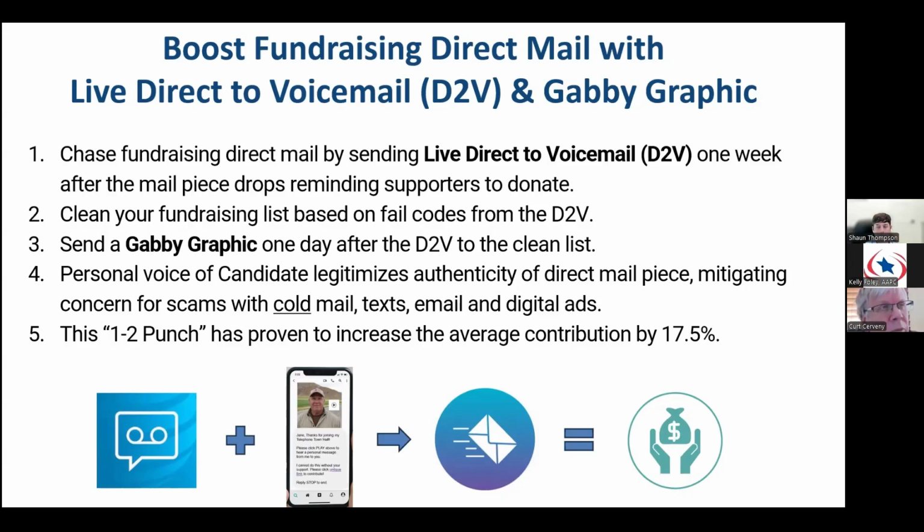A/B means we did, let's say, 100 direct mail pieces, and 25 of them got a phone call, I mean the ringless voicemail, as well as the Gabby graphic, and then the rest of them did not. We'll be able to evaluate two things. What's the average donation within the ones that we reached out to, and what does it compare against to the people who didn't get anything at all? It's going to increase more because you're giving two more touches to the whole overall situation. But again, in neither situation are you really trying to sell that they donate money. You're trying to say, hey, read the piece of mail that came in.